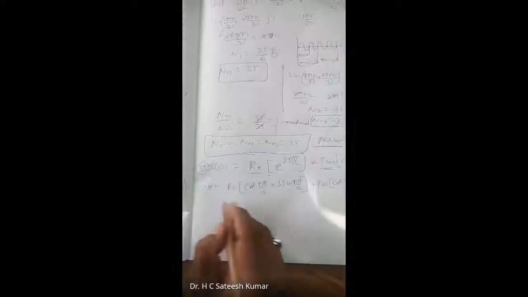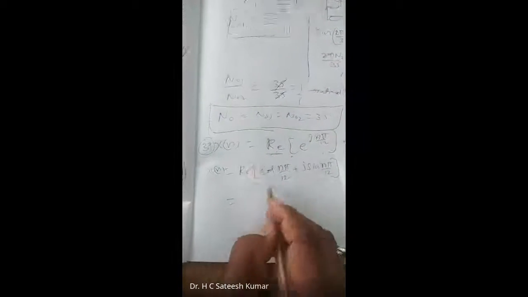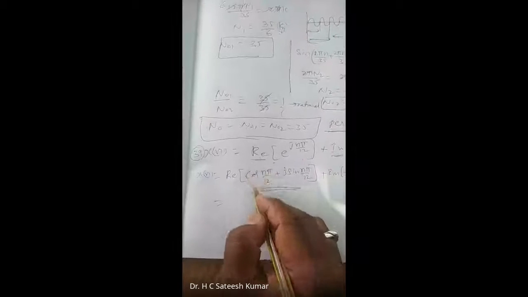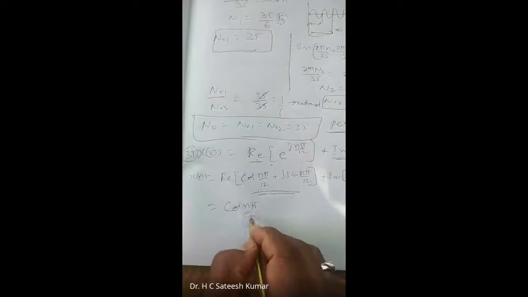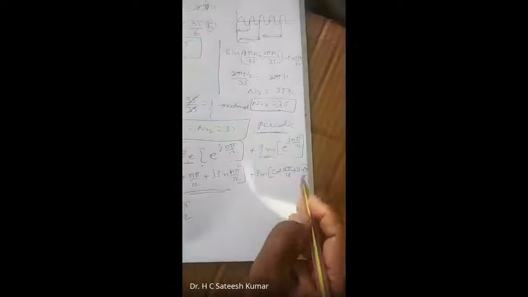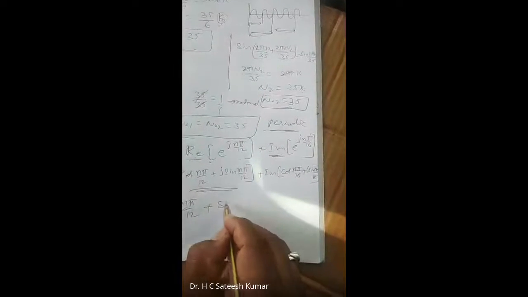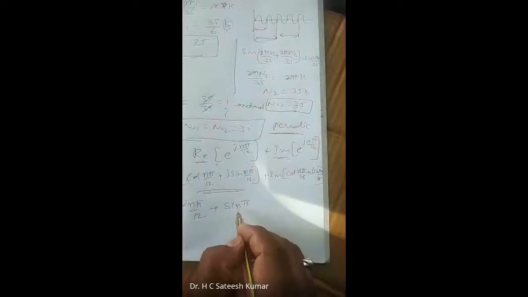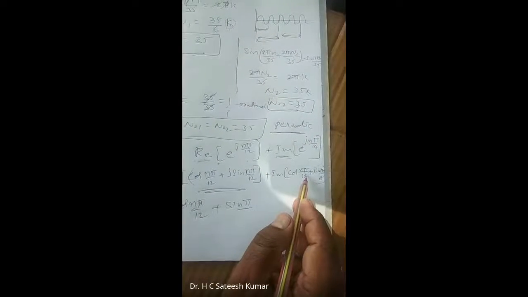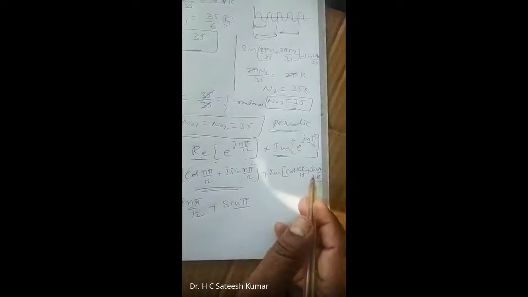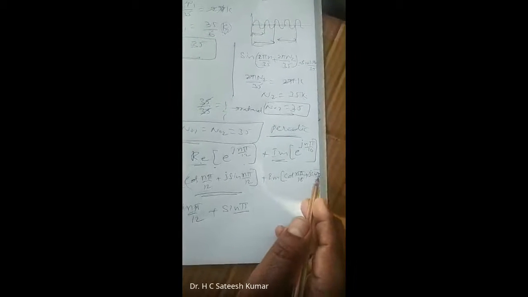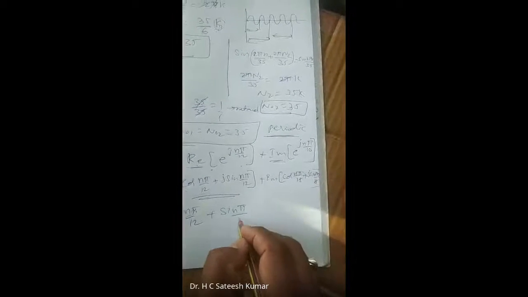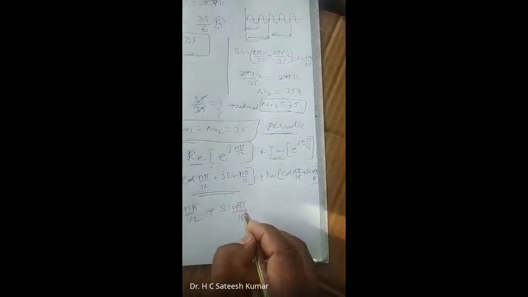So therefore, what is that? You can write the real part of this quantity, this is the real part, this the imaginary part. So cos n pi by 12. And what is the imaginary part of it? Plus sin of n pi by 18. Don't take j. j indicates the imaginary part; just because of j, we call it the imaginary part. So the part is sin n pi by 18.